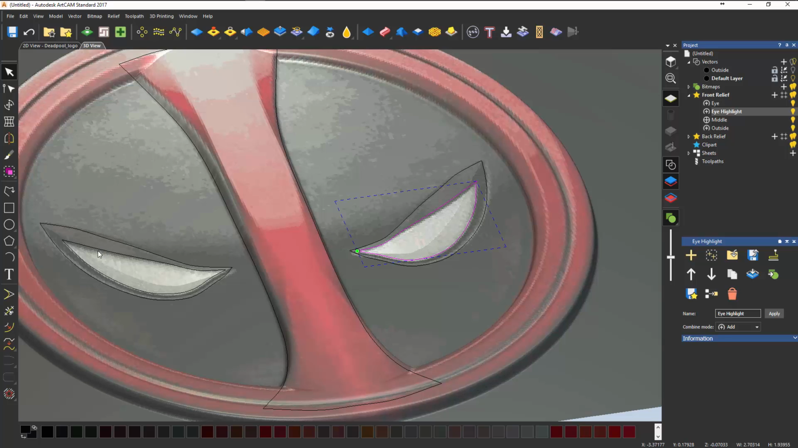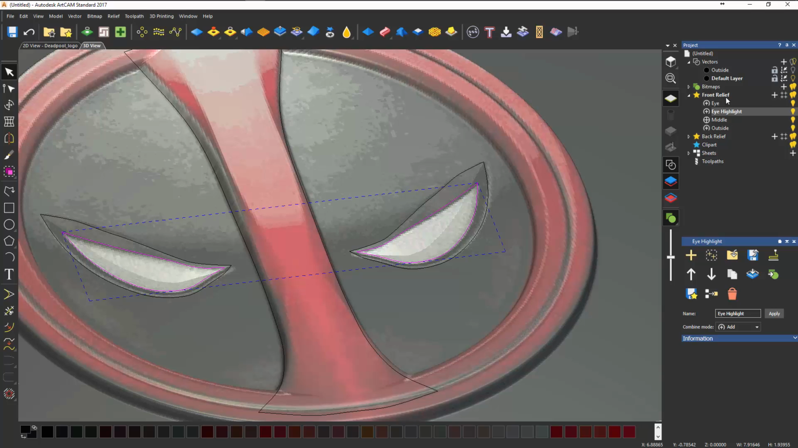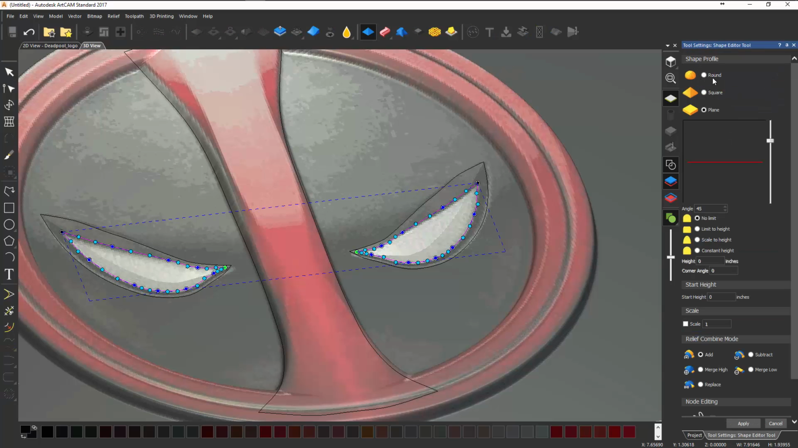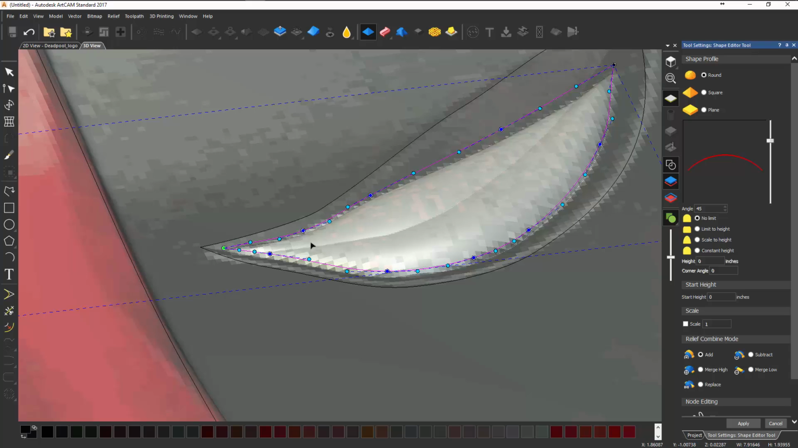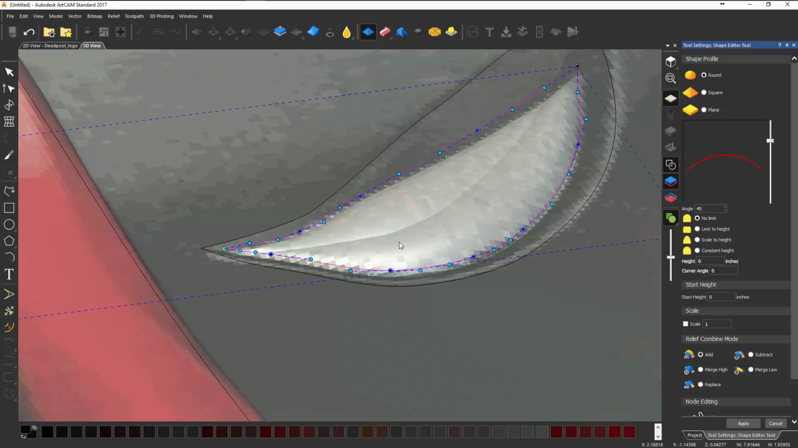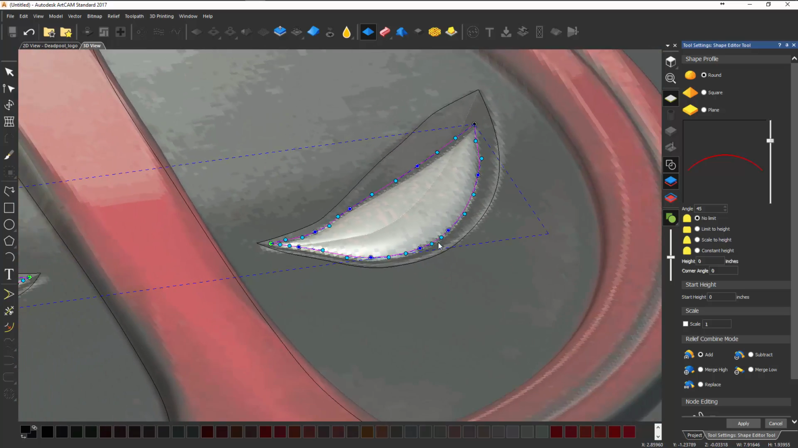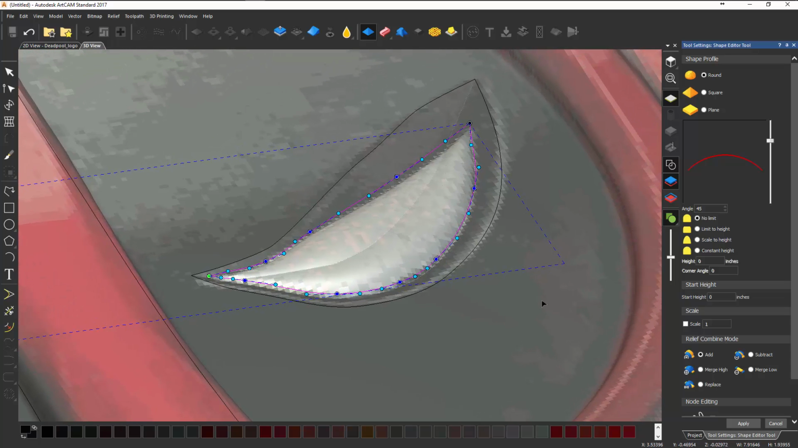All right, I'm going to shift select the inner eyes. Going to make my eye relief layer active and F12 again on the keyboard. For this, I'm going to create a round shape and take a quick look, and I can see an issue with my relief. Now, if these two were on the same relief layer, obviously we could try and merge high or replace. But as you can see, I'm toggling through these and it's having no effect on the actual relief itself,